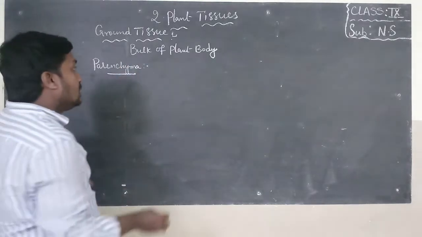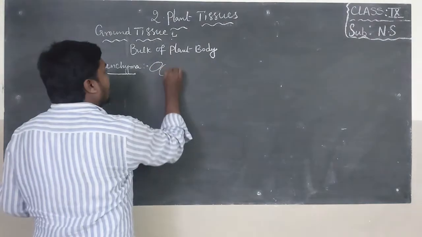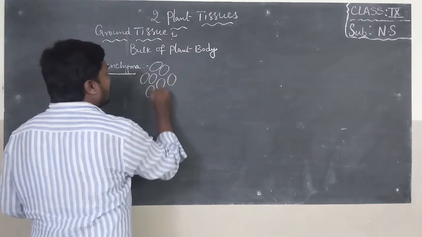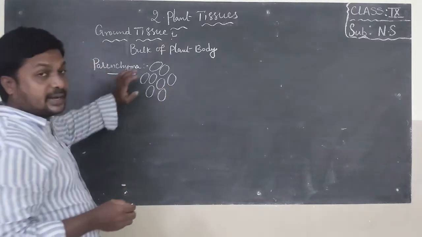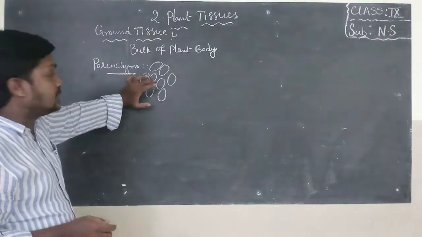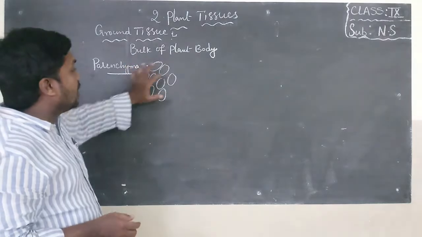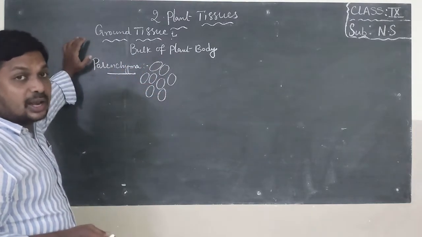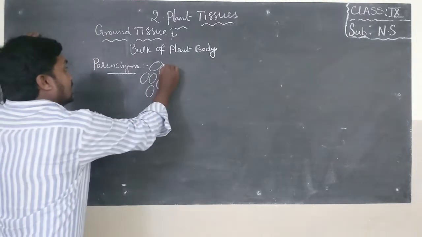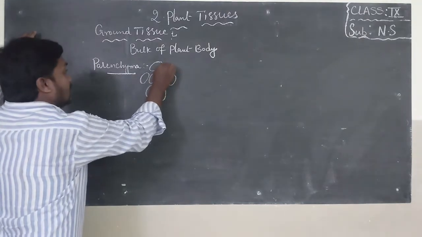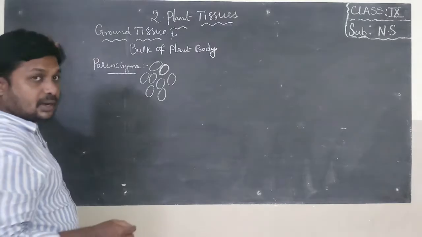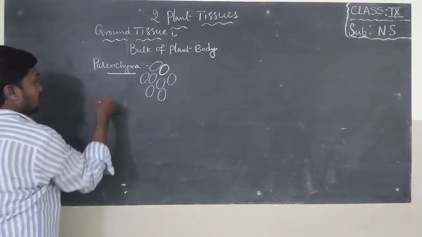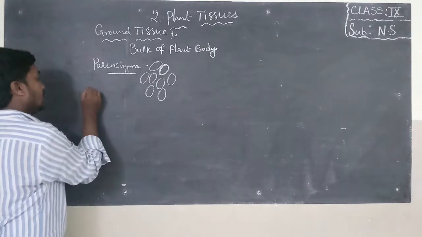Parenchyma. The cells of parenchyma are loosely packed and there are intercellular spaces. If you observe in between the cells, we can find some space, known as intercellular spaces. Thin cell walls. Cells are loosely packed. Parenchyma consists of three subtissues, that is